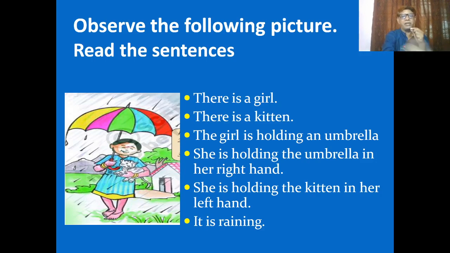When we display a picture like this in the classroom, normally children develop some thinking. A lot of thoughts will be generated in their minds. So in their mind, the child thinks a girl, that means he or she wants to say there is a girl. Similarly, if the child says an umbrella, that means he may say there is an umbrella, or the girl is holding an umbrella. Similarly, if the child comes out with the word pilli pilla, that means he wants to say that there is a kitten.